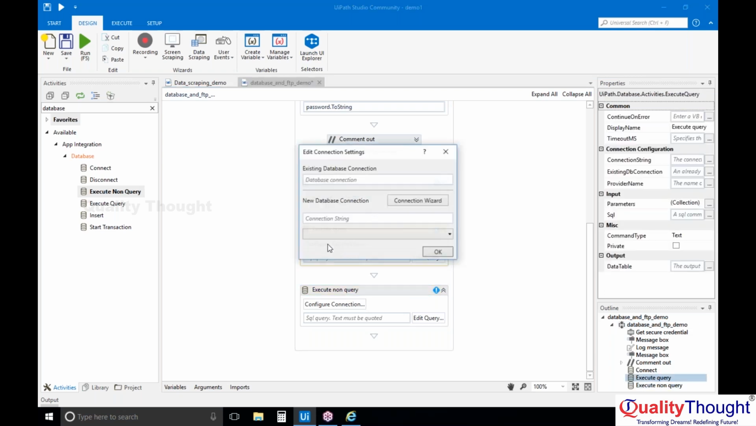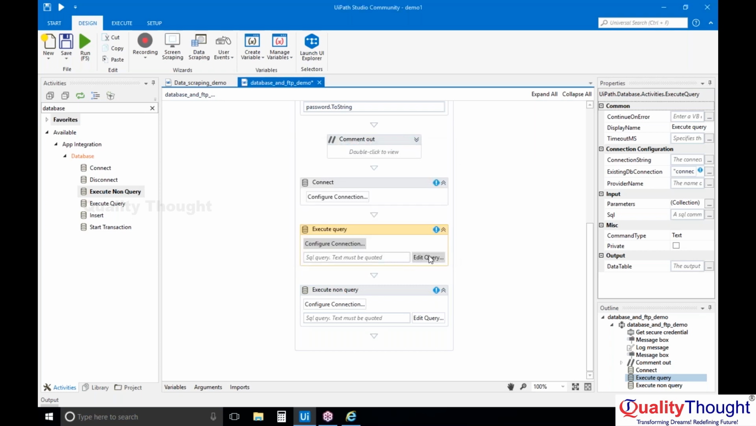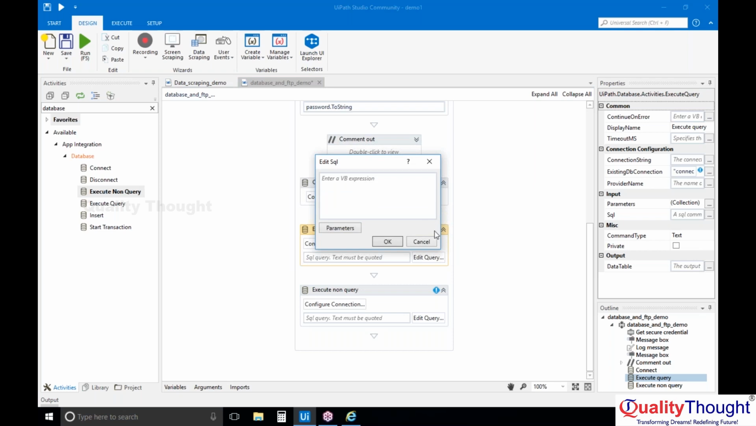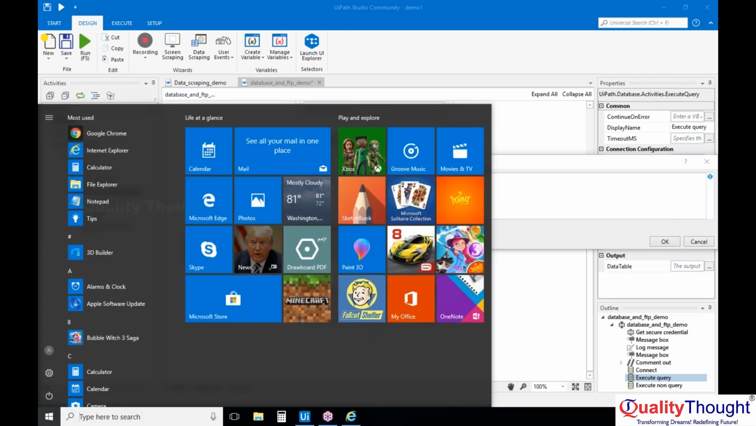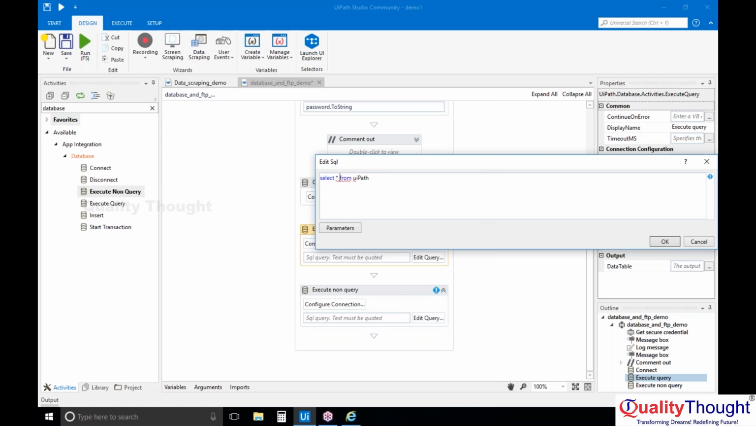In your configure connection, you can just give the name of the connection you have given earlier. We have given a connection there, so we can use the same connection here, along with the connection string and which kind of connection that is. Once you do that, you can write your query here, whatever query you have. So let me say I just want to select all the information, select star from UiPath. So this is my query,